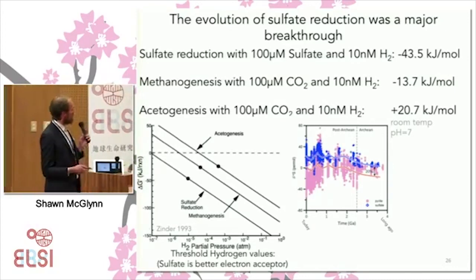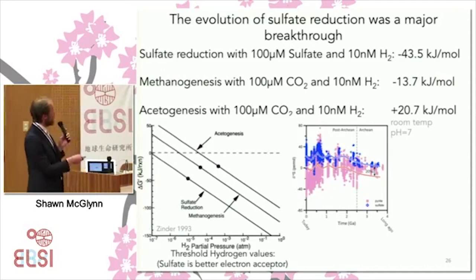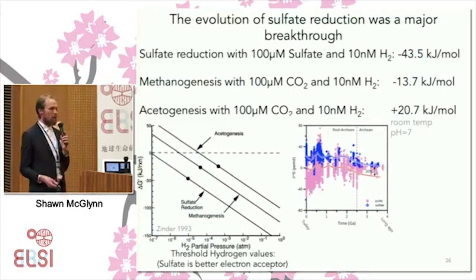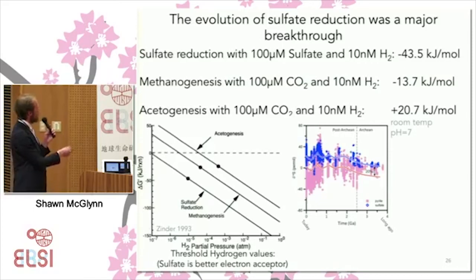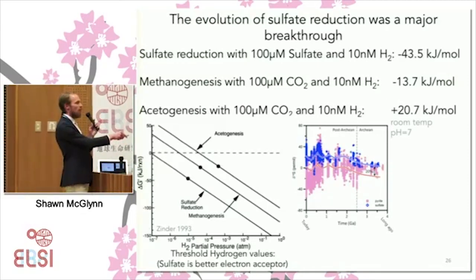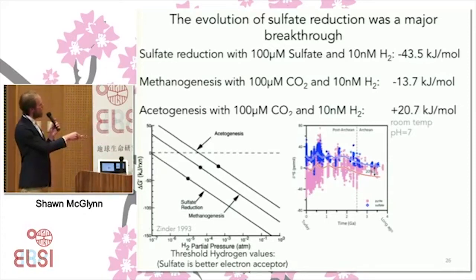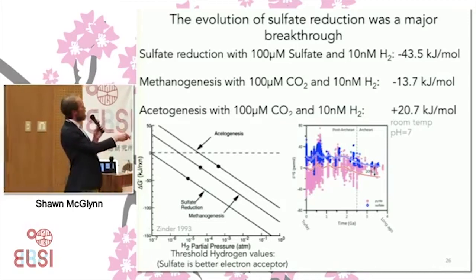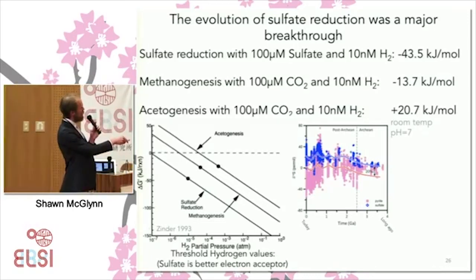probably the evolution of sulfate reduction was a major bioenergetic innovation, and what that allowed these organisms to do, in the case of using a common electron donor, was outcompete anything else that was living around there, putting electrons onto very meager electron acceptors like CO2. And that would be coincident with this idea that they were running electron replete metabolisms. Today, these organisms are shoved into all sorts of different energy environments, and they're living off of a lot of scraps, where they don't have a lot of driving force in their reaction. And that might be one way to interpret this historical distribution of stable isotopes through time.